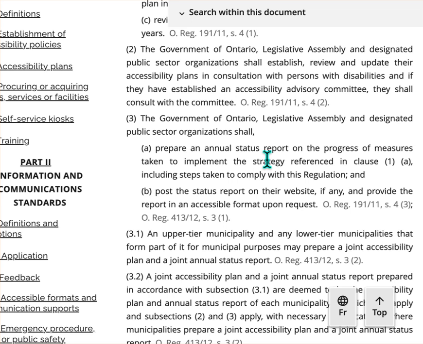All of these must conform to accessibility standards, more specifically the international Web Content Accessibility Guidelines, or WCAG, 2.0 level AA. There are two exceptions to this: live captions, WCAG 1.2.4, and pre-recorded audio descriptions, WCAG 1.2.5.